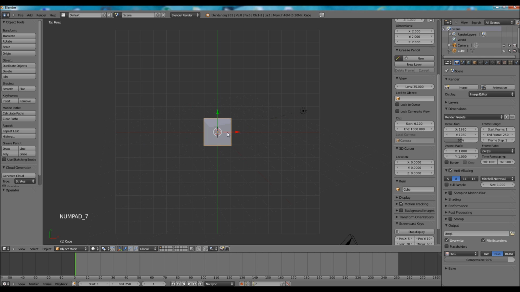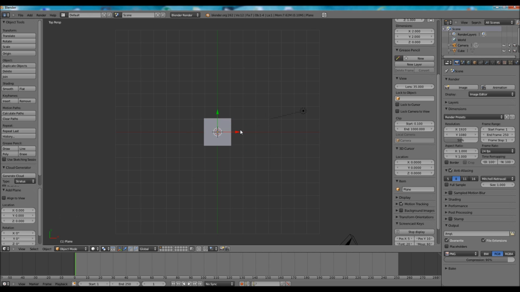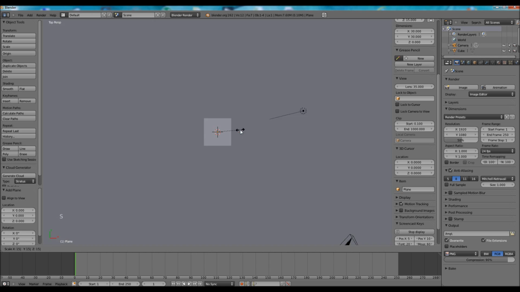Press 7 on the numpad to go to the top view. Press Shift A and add a plane. Press S, type 150, and enter to scale it 150 times. In my animation I used something close to 2000. It was really huge and really CPU consuming, so in order to avoid waiting minutes for each frame to render,